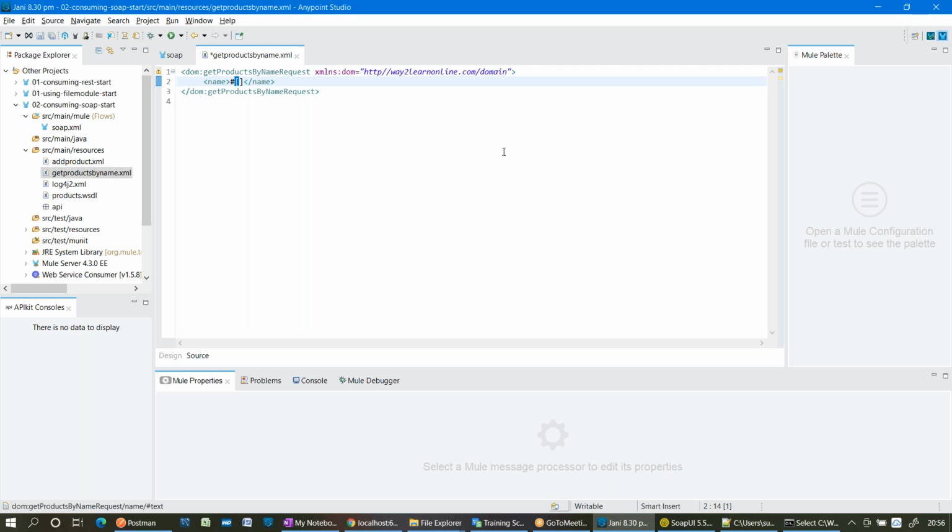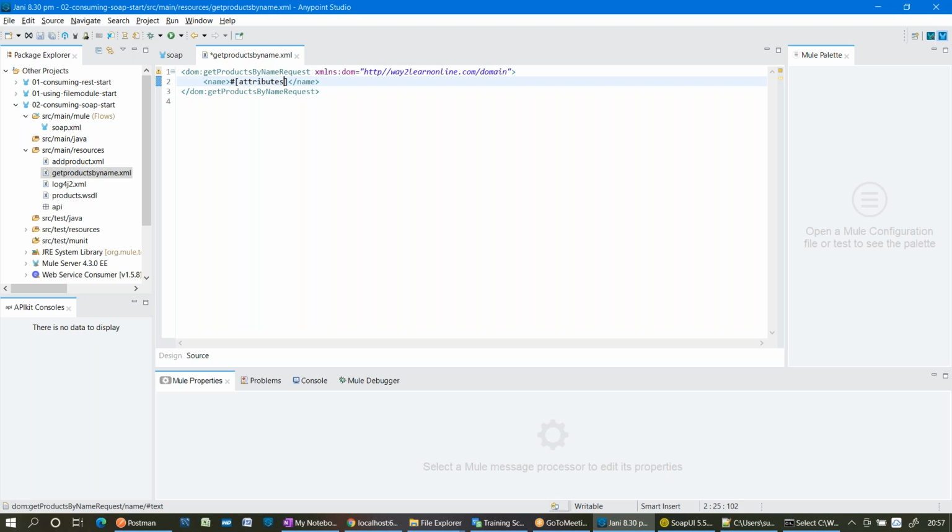Attributes.queryParams. Hash and square bracket represents what? DataWeave language, right? Once you deploy, my Mule runtime will understand hash and square bracket as a DataWeave expression, and whatever code you have written inside it will be treated as DataWeave. So tell me, which expression do you need to write in order to extract the query params?